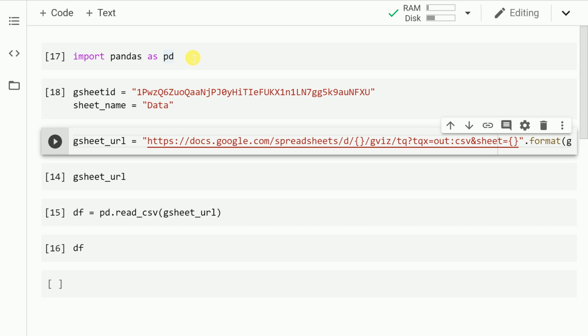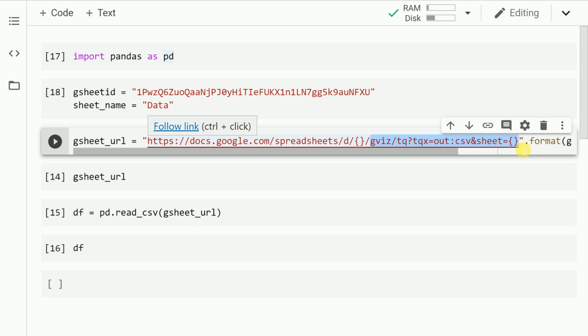Now the next thing that I'll do is I'll create a Google Sheet link which is automatically converted to a CSV format. So the way that happens is you have your normal docs.google.com/spreadsheet, which is your normal URL. The first input that you pass in here is your Google Sheet ID. Then you have something called as gviz, then a slash, then tq question mark, tqx equal to out semicolon CSV, and then you also pass in the sheet name.